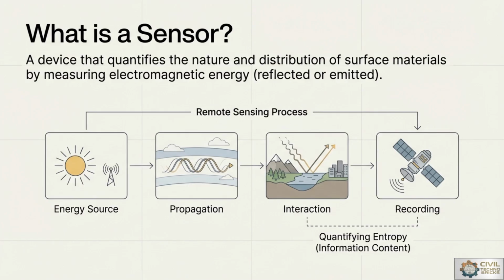What is meant by sensor? A sensor is a device that quantifies the nature and the distribution of surface materials by measuring electromagnetic energy that may be reflected or emitted. Here, the remote sensing process includes the steps from energy source, propagation, interaction, recording. Sensors are a critical component of the remote sensing process, where they are linked with the energy source, atmosphere, target, and data acquisition system. It means it quantifies the nature, condition and distribution of surface features by converting that energy into